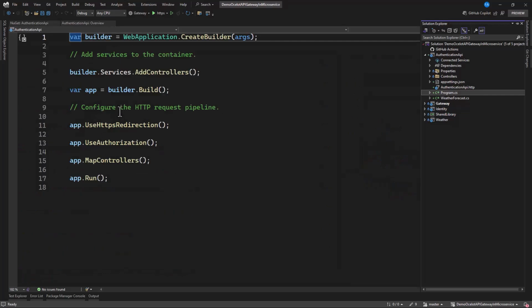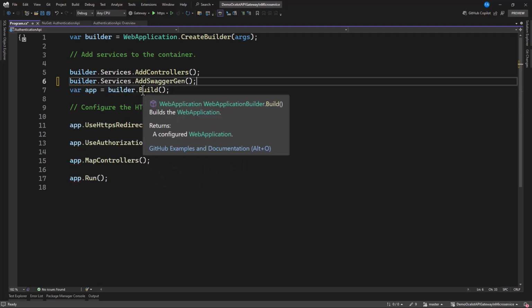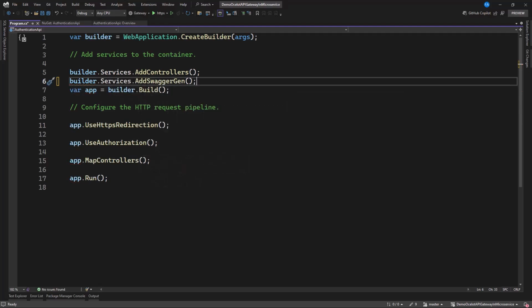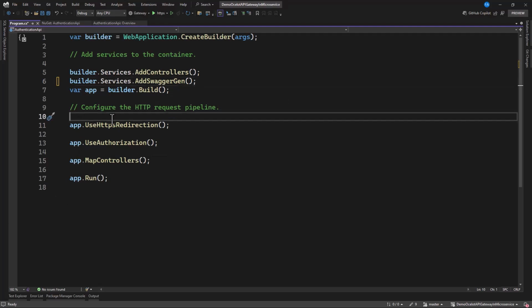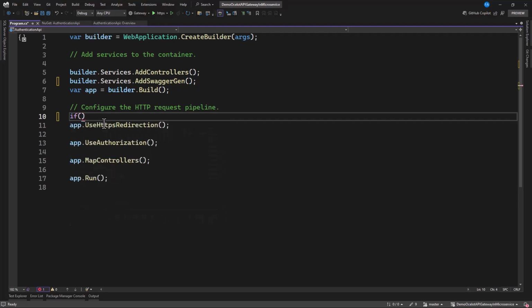Now let's add the service in here. So we're going to have builder.Services.AddSwaggerGen. Then as we are done with this, we need to add the pipeline. What we have in here, we can check if the environment is under development, we can add that, but for now we can skip that. Or maybe we can bring it.